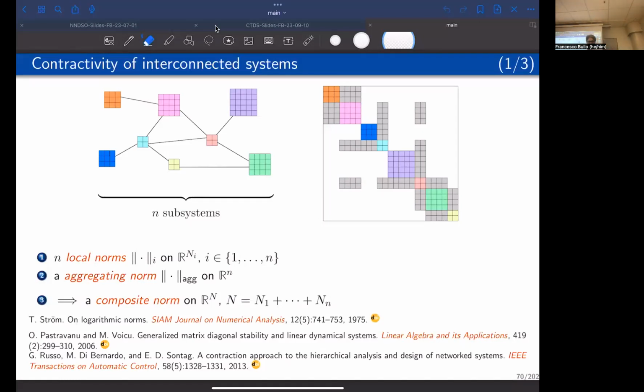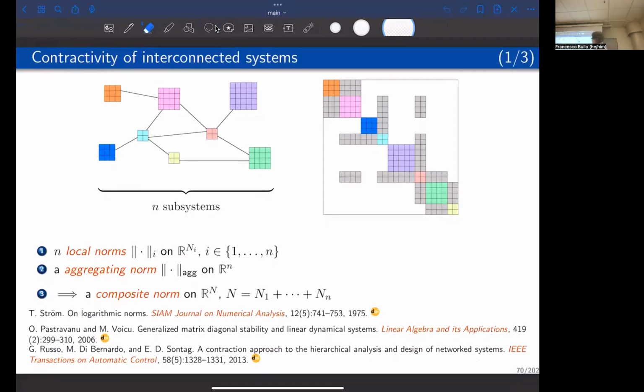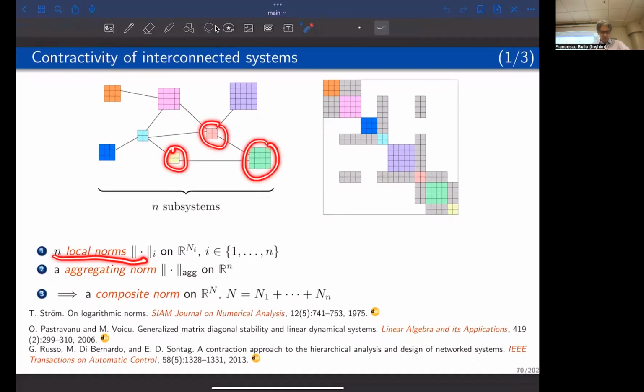You have a network, and in this network, there are lowercase n subsystems. Each of them has a state dimension. That's why in the picture, these boxes have different varying size. And I can introduce a norm in each of the subsystems, and I call these local norms, and I have